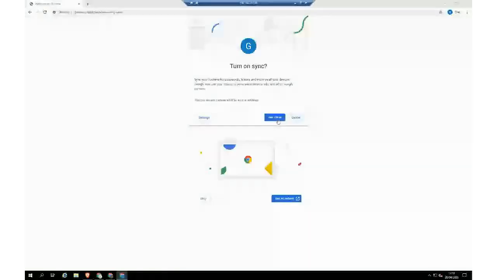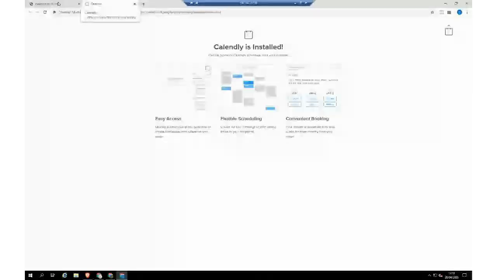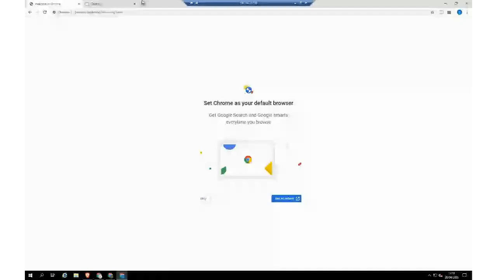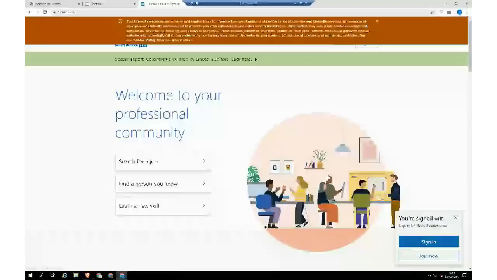There we go. So if I now turn on sync, it should now pick up that I have a Dux-Soup extension already against this profile. It'll take a couple of seconds just to load everything up, I would imagine. It's going to pick up my other extensions as well. And the point is that I can now also log into